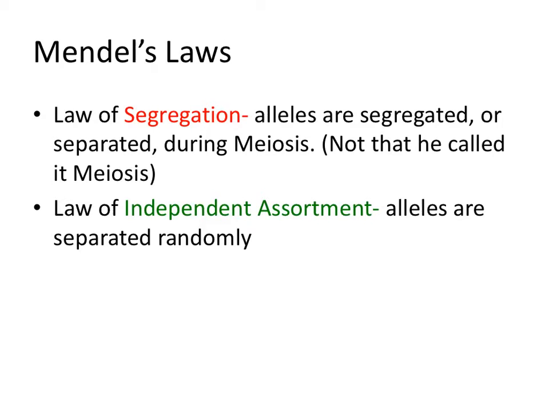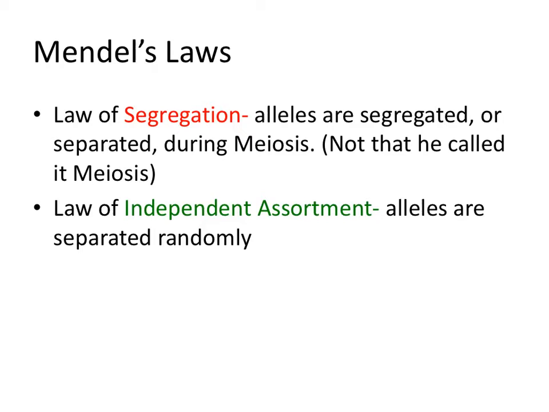When we do meiosis, we know that we start off with a diploid cell that has 2 copies of every chromosome, and then at the end of meiosis, we have more cells that have only 1 copy. Those 2 copies got separated into different cells. That's segregation. And he also figured out the law of independent assortment as well, that his alleles or his factors